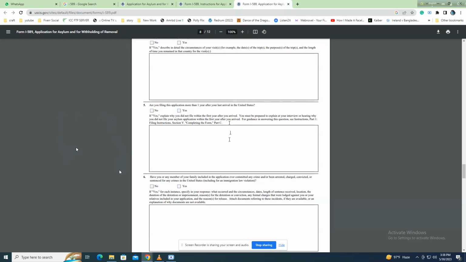Okay, here's question number 6. USCIS will require proof that you have behaved lawfully throughout your time in the country. All applicants must disclose any criminal history in the United States, including arrests, charges, and convictions, for themselves and their